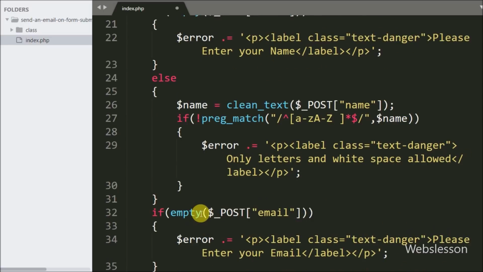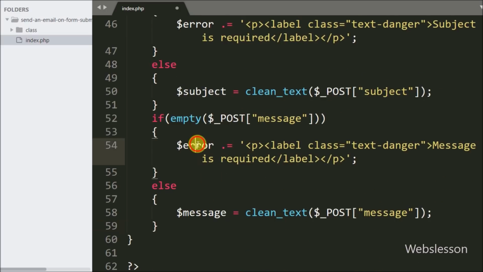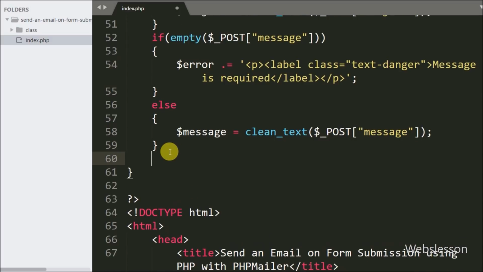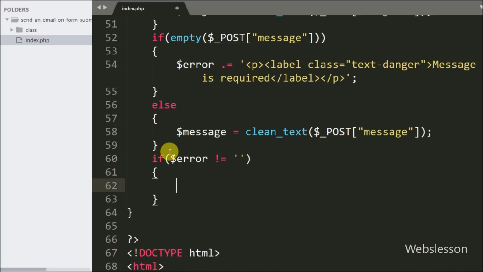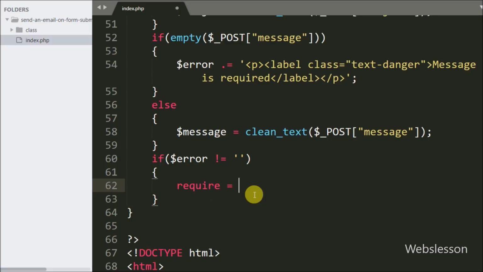After validating all form data, now we have written an if statement, and under the condition we have written the $error variable is equal to blank. This condition will check if this variable value is equal to blank, then it will execute the if block of code, otherwise it will show the error message on the web page. So suppose the $error variable value is blank, then it will execute the if block of code, and under this block first